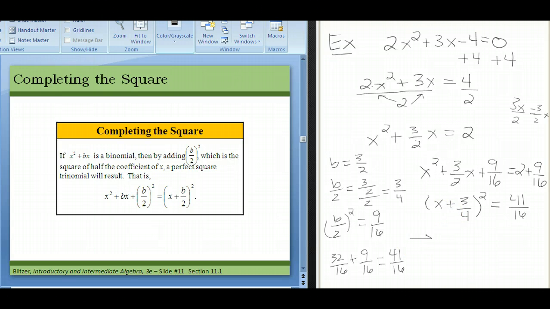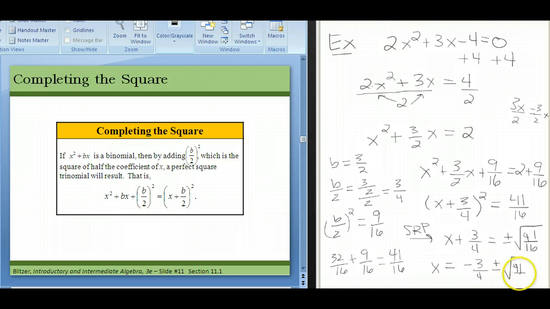Now we can apply the square root property. Because I have something squared equals a number, so I get x plus 3/4 equals plus or minus square root 41/16. Oops, 16, there we go. And finally, just subtract 3/4 from both sides and you're there. X equals negative 3/4 plus or minus square root